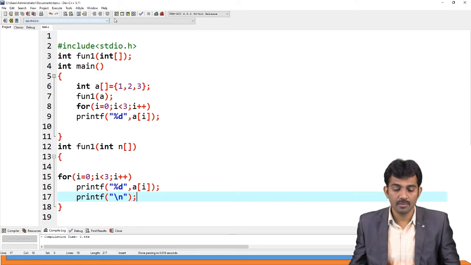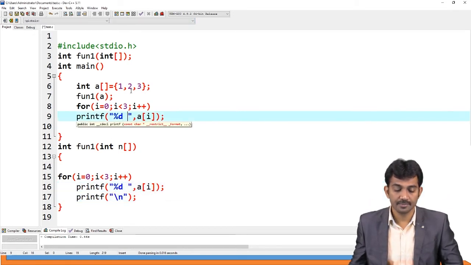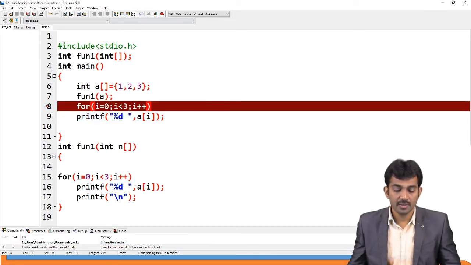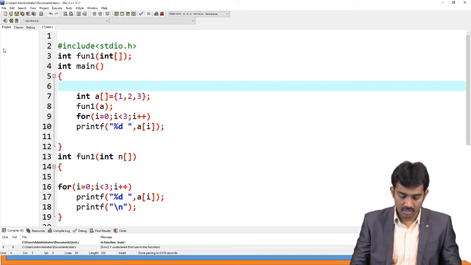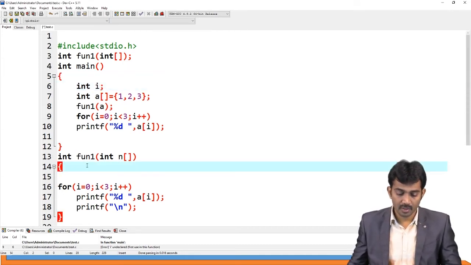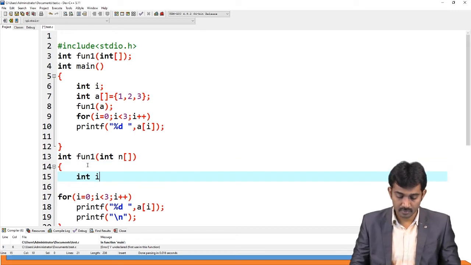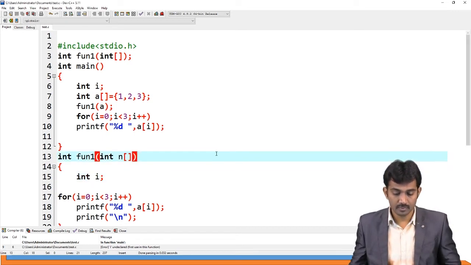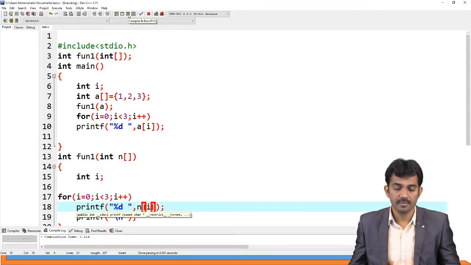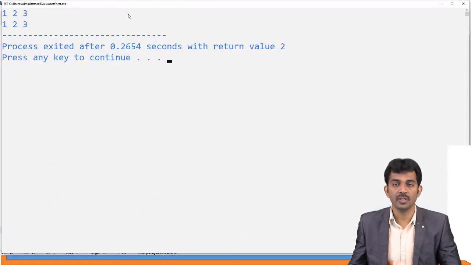If you run this code and use a space here, this is the way you're going to use. Here n, so we call it n. See, 1, 2, 3 and 1, 2, 3.